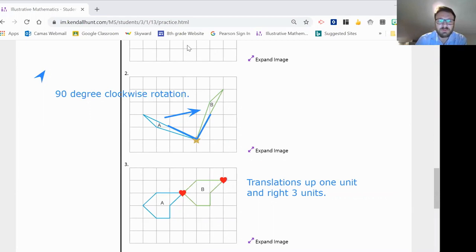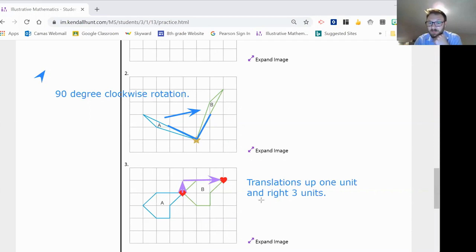So then I said, well, how do I get that point up over here? Well, in order to do that, I would go, let's get a different color here. Let's go Mr. Rain's favorite color. We would go up. Well, that's a huge arrow. We go up 1 and then right 3 in order to get there. And then that's how you would get your translation. Translation's up 1 unit